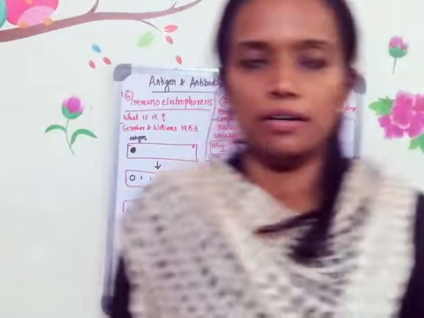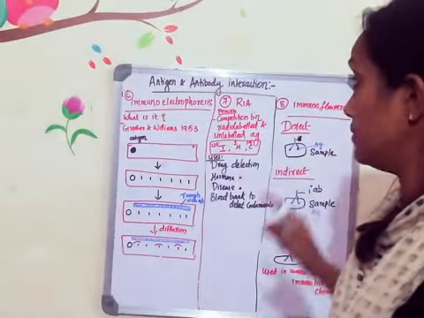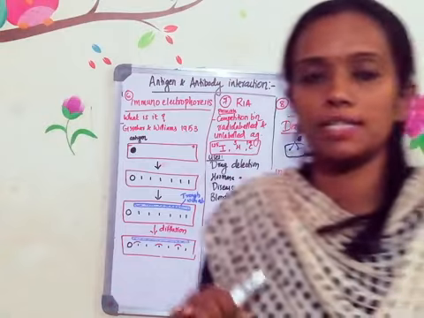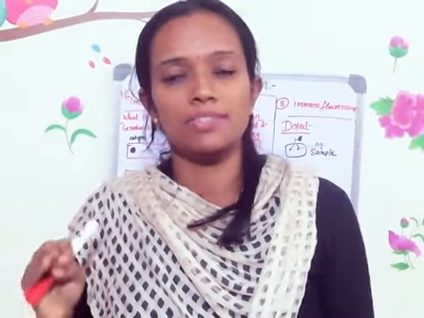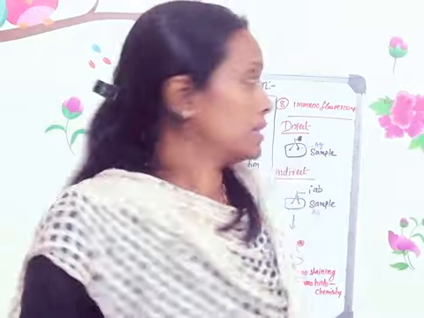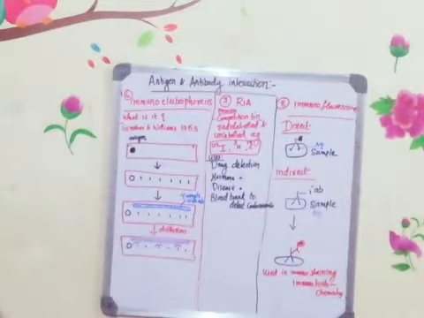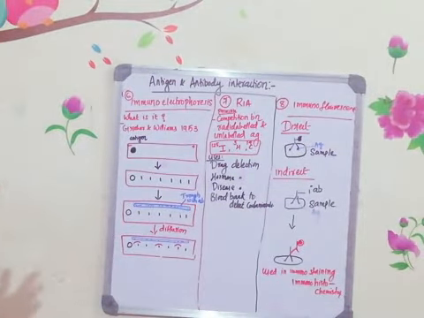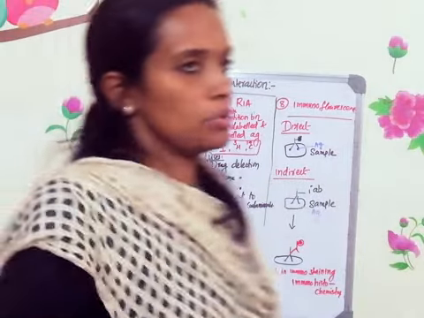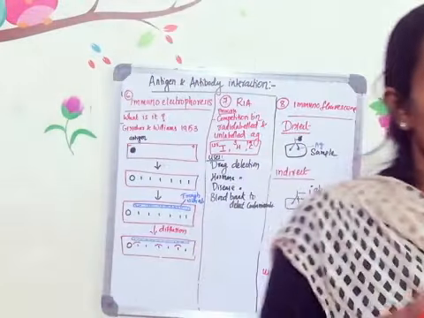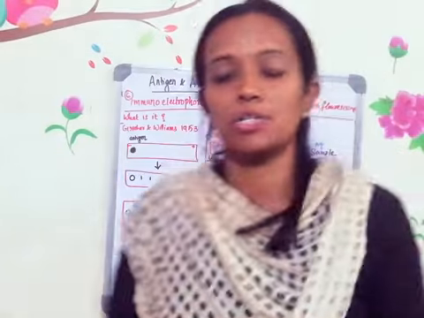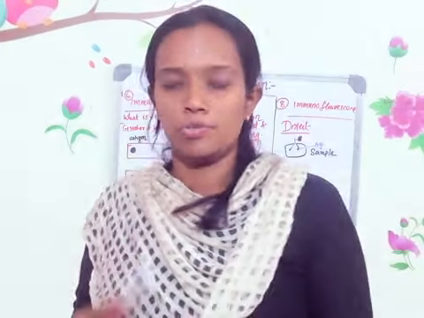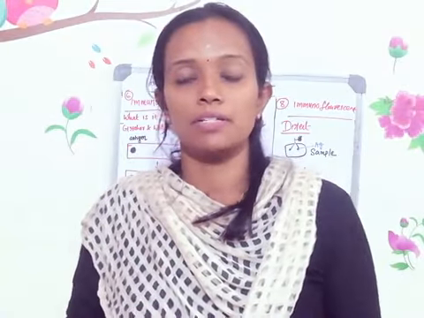Good morning everyone. We'll continue with the antigen-antibody reaction, wherein three more techniques are left. One is immunoelectrophoresis, second one is RIA, and the third one is immunofluorescence. So the other techniques that we discussed in the previous classes were agglutination, precipitation, followed by complement fixation. Then we discussed the ELISA, enzyme-linked immunosorbent assay, and the Western blotting.